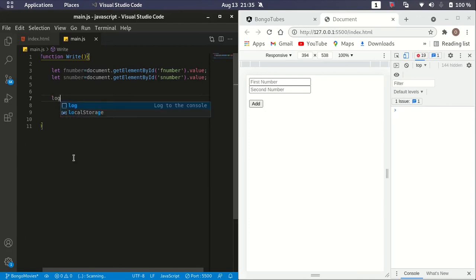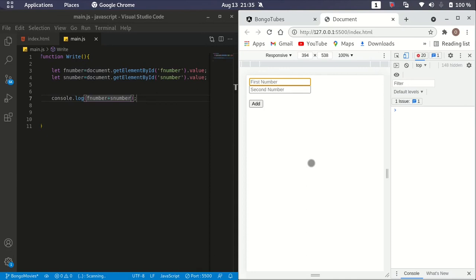So I'm gonna say log out f number plus s number. Pretty much easy, isn't it? Programming is so much amazing. So first number, second number, like that. So let's try to write something, 10 and 90, fine, anything, 100. So we're gonna get, oh I'm sorry,